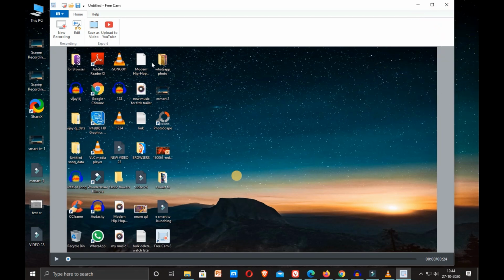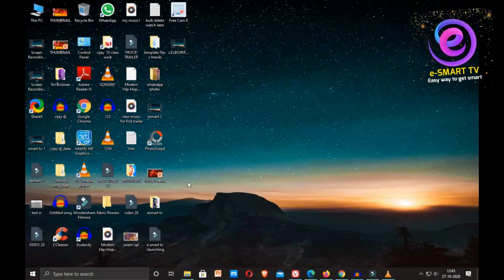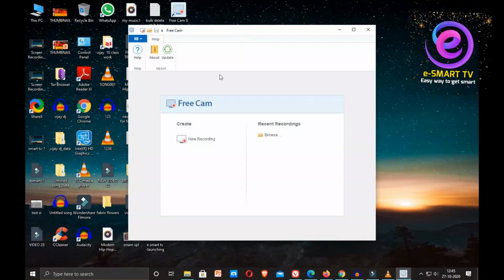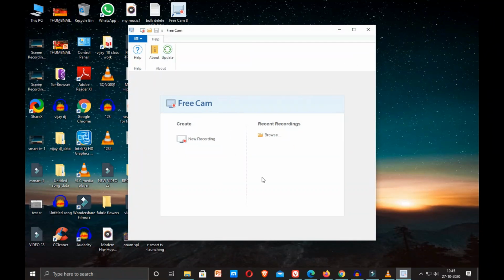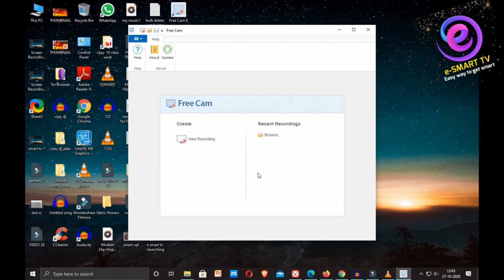This is a very useful option when you quickly want to do some recording and upload it to your YouTube account. Normally we can use save video as a WMV file, and you can use it. So altogether this is a very good option for screen recording, and this FreeCam 8 is always the best one. The clarity of the screen recording is also excellent throughout, and the only problem is you have to save this as a WMV file only, but I think so many video converters are available. Whatever format you want, you can convert and use it.